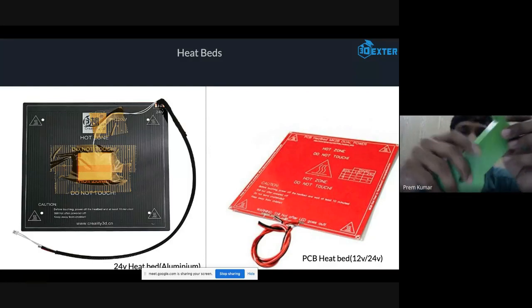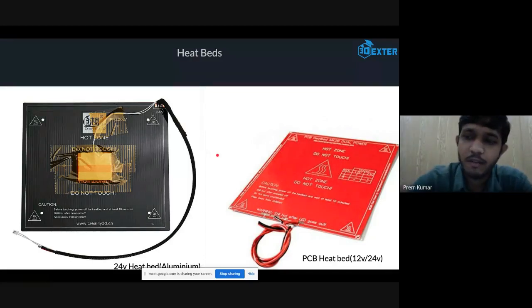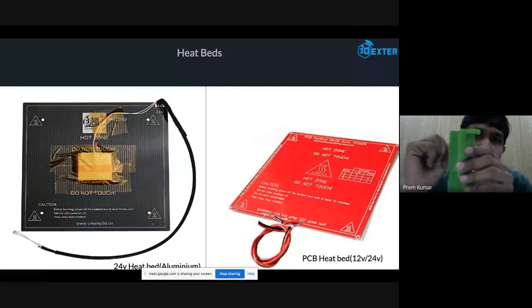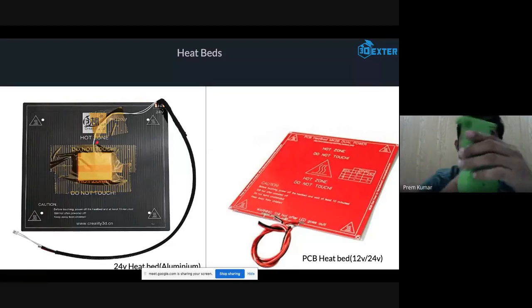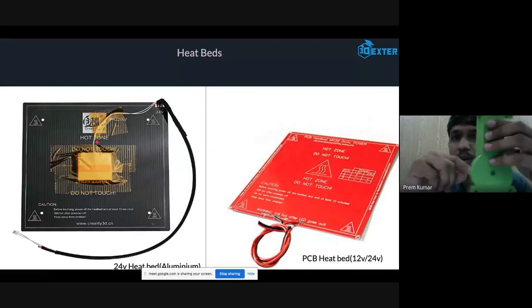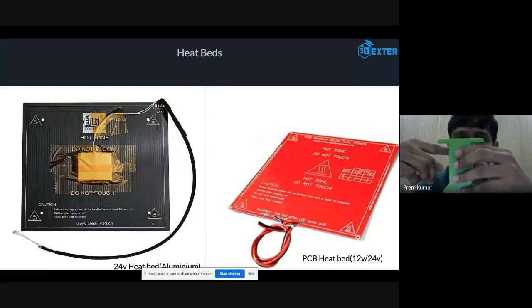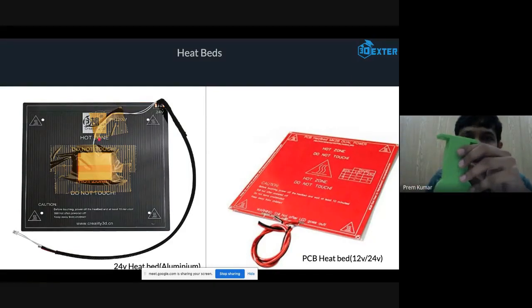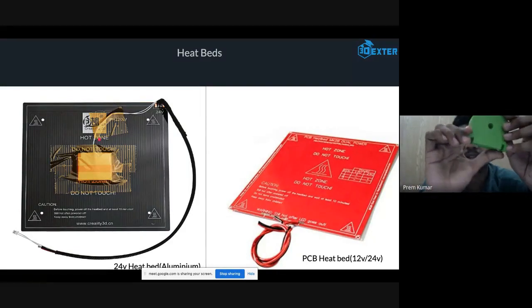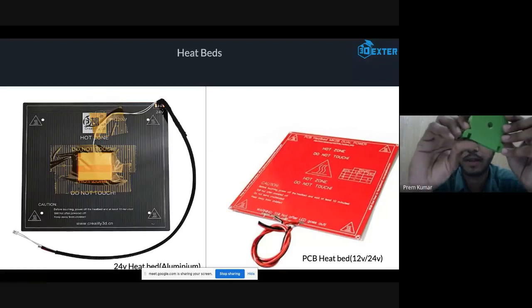If you are not using any kind of adhesive or heating mechanism to reduce the temperature difference, warping happens. Warping, the bending of the bottom layers, happens only because of the temperature difference between the bottom layers and top layers. So we have to improve the build adhesion by some kind of method.